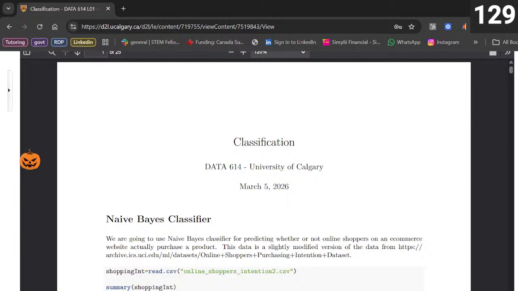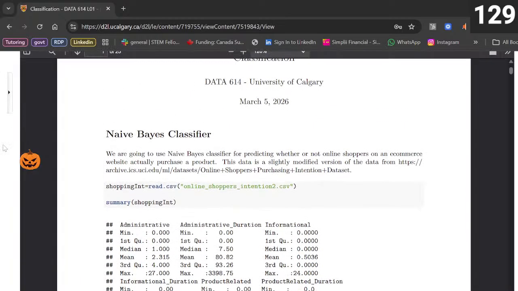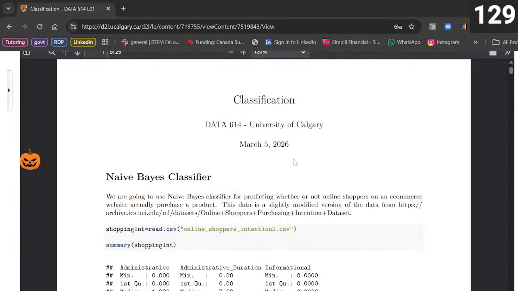Alright, let's get this done. What else do I have to do here, bro? The classification IDs classifier, it was 25 pages. We'll wrap up this one and come back. Yeah,